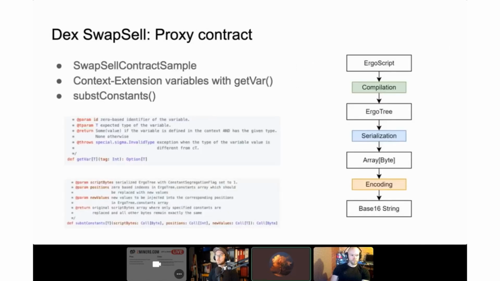So I'll just go a bit over the proxy contract, what makes it possible, really. So we have two main concepts. First is context variables, and then the constants inside an ergo tree. So the first part,